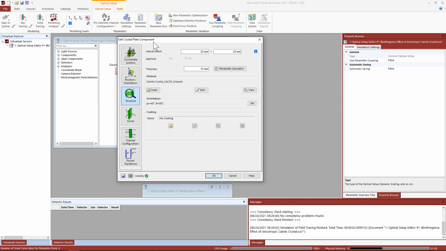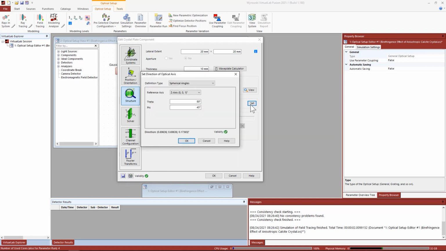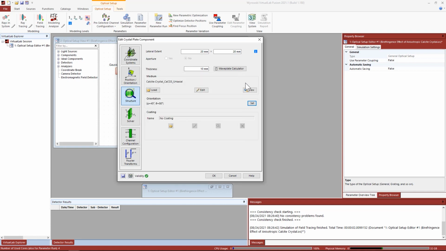But here we have simply a crystal plate component, and we can define the medium that we're using, in this case a calcite crystal, and we can of course define the orientation. This is also referred to that global coordinate system provided by the source. So we set here the theta and phi angles of the crystal, of this anisotropic medium. We can see graphically represented the qualities of this anisotropic medium by clicking here on this view button, and